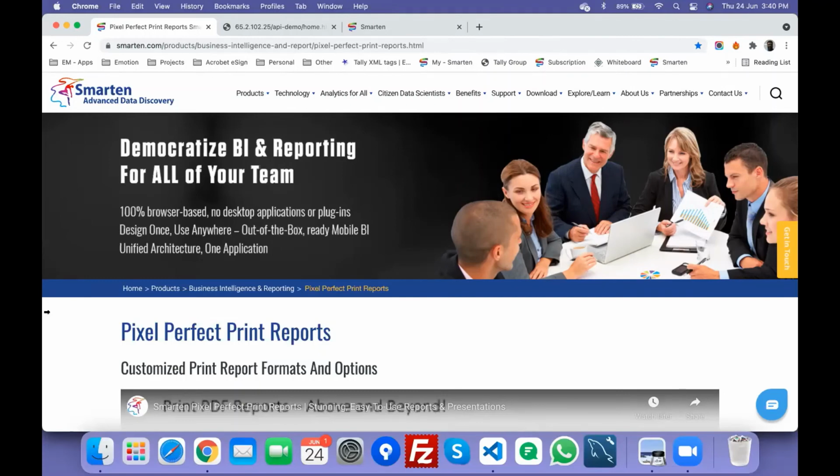Okay, one more question. Can we have access to the web interface for initial development or test purposes? I didn't understand this question, but perhaps you are asking if we can give you some trial version. Yes, if that's the question, then you can download the trial version from our website. If you are using AWS, a Smarten instance is available on AWS Marketplace as well, and you can spin up the Smarten eval instance in less than 10 minutes using that.